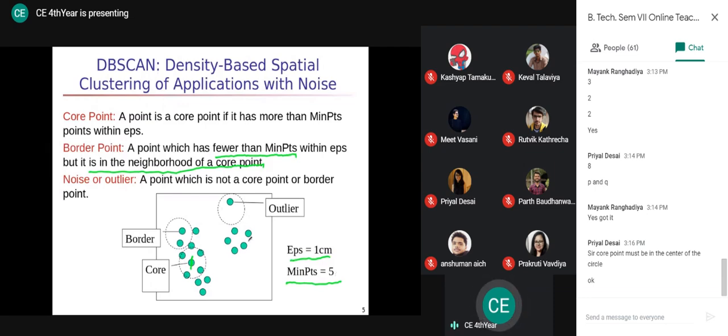But the difference is, if you consider all the neighbors of this border point, at least one neighbor of the border point is a core point. And in the case of this border point, if you observe, that neighbor is this point,